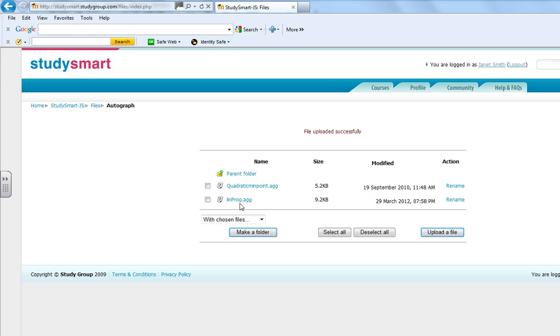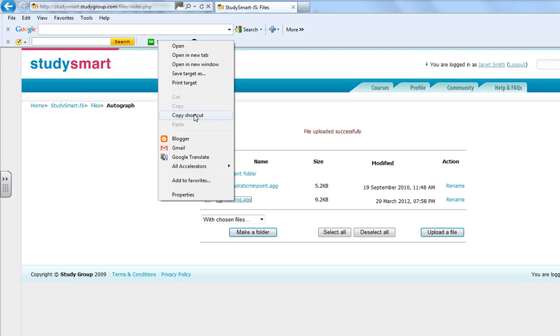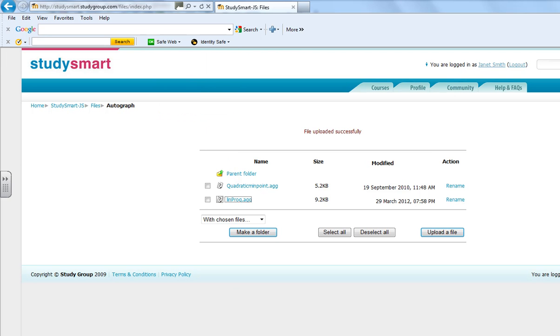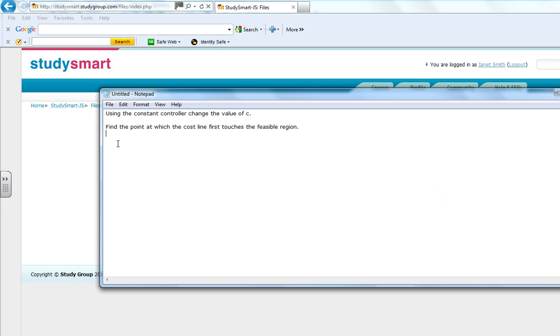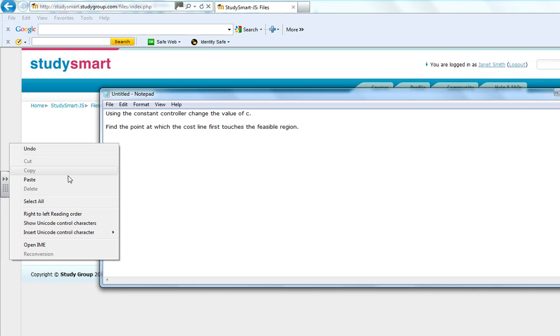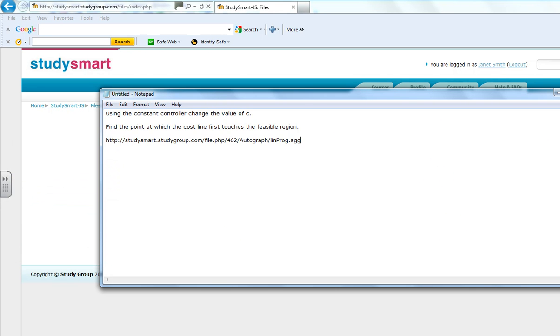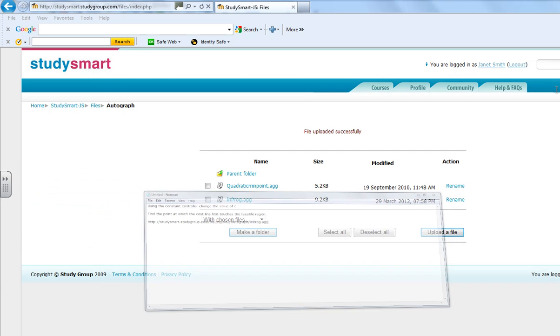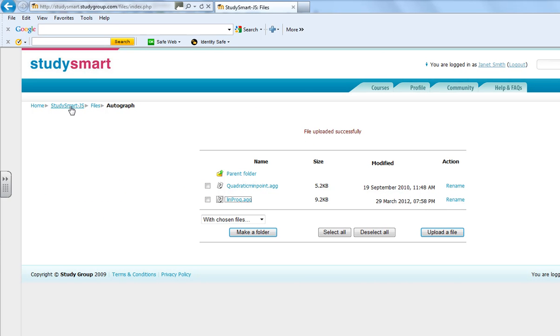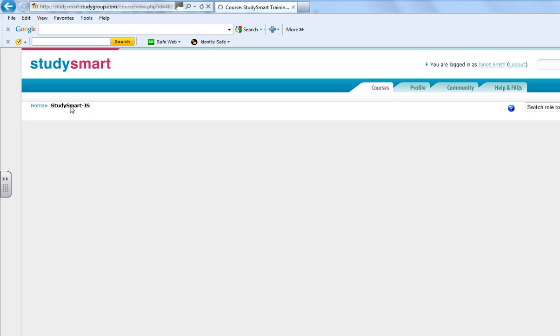Now I want to save the shortcut to this, so the address. So if I right click over there, I'm going to copy the shortcut, and then using Notepad I'm just going to paste that shortcut here so that I've got it for later. So I'm going to minimize that, and if I go back to my Study Smart page,